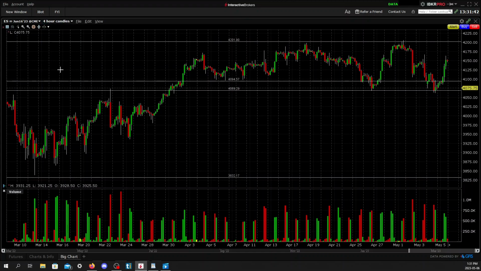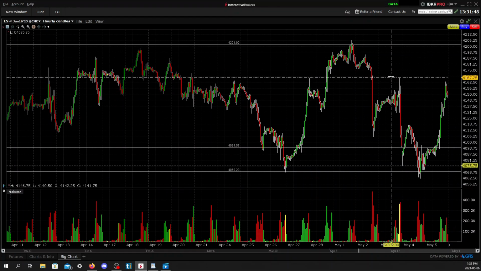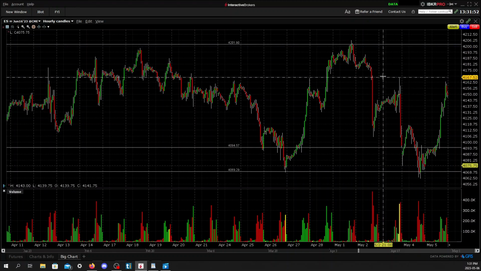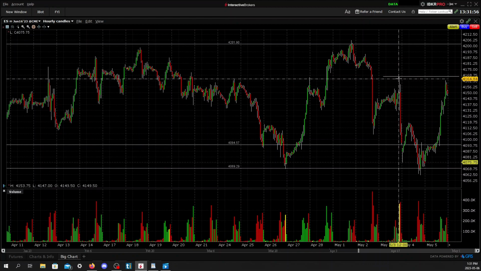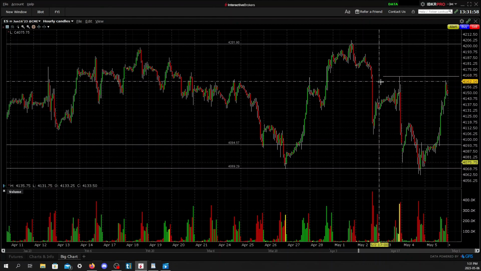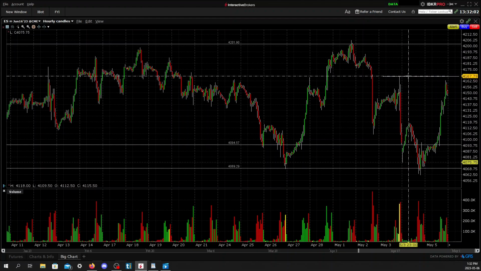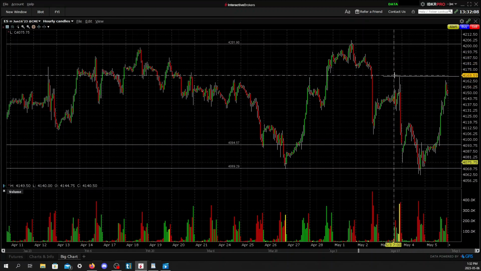Let's go down to the hourly. Okay, so now things are getting more interesting for us day traders, right? So now I see this very key level right here, and I'm just going to draw a line here. This is a very key level for me because this was the high of the FOMC announcement, and I know that using this level, there's a lot of short sellers that are going to have their stops above this level, and also a lot of longs are going to be buying this breakout over this